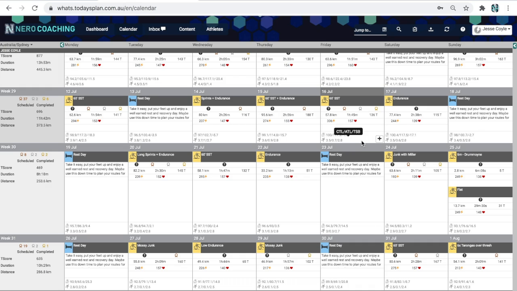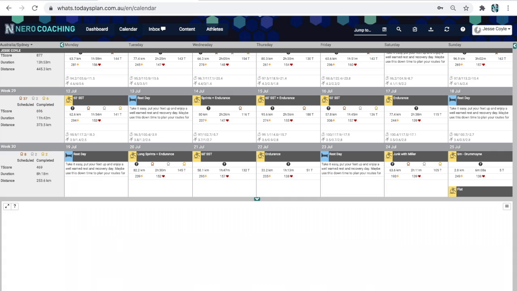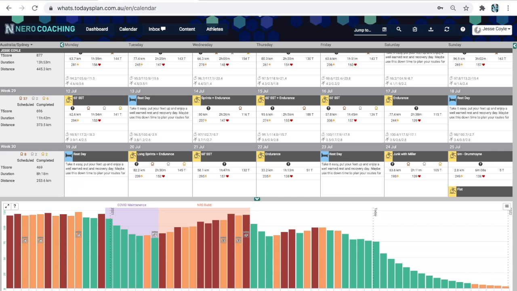So jumping onto my calendar, back in July, I got to a peak CTL of sort of 100, high 90s to 100. And then we went into lockdown and I went into basically a maintenance period, or a staving off of detraining. And then all I'm doing basically each week is coming in and using CTL as a measure of how much I'm detraining. So I'll walk you through quickly each week. If I just take Sundays, for example,